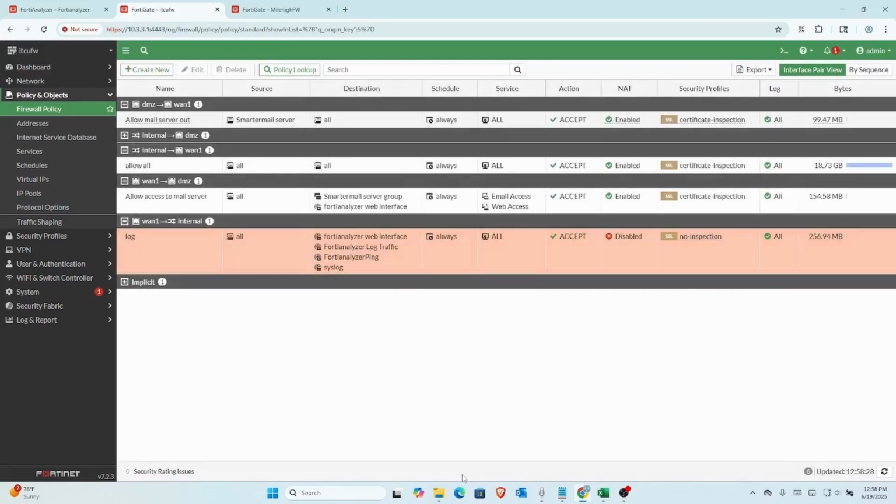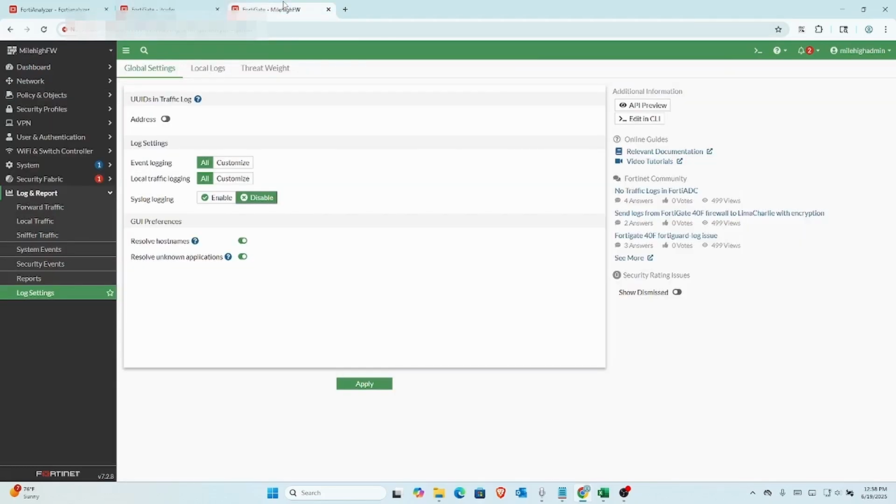Okay, so we have our policy now, you see there, from our WAN to our internal. We're using a VIP. Now, if you have multiple public IPs, you don't have to do this. You can just put it on a separate public IP and create a different policy for that interface if it's on another interface. But this should be all we have to do, as long as we set our devices up as reliable. So what I'm going to do is go to another firewall device, a FortiGate that's external to